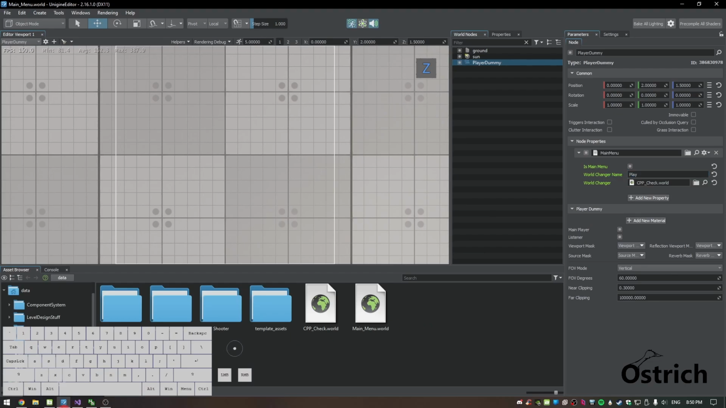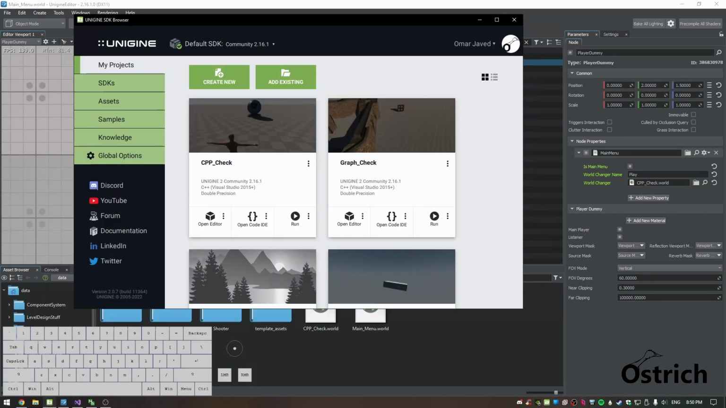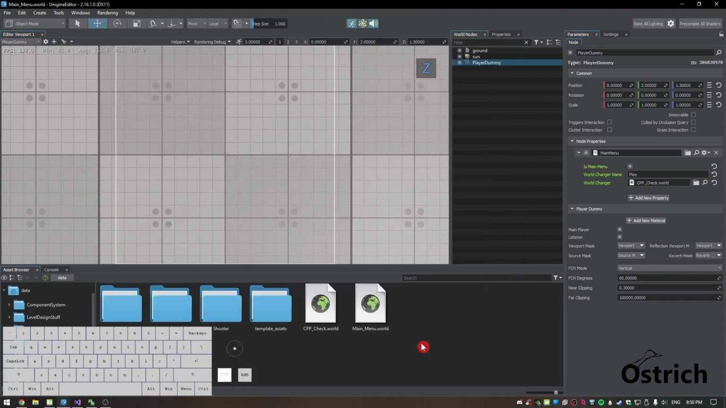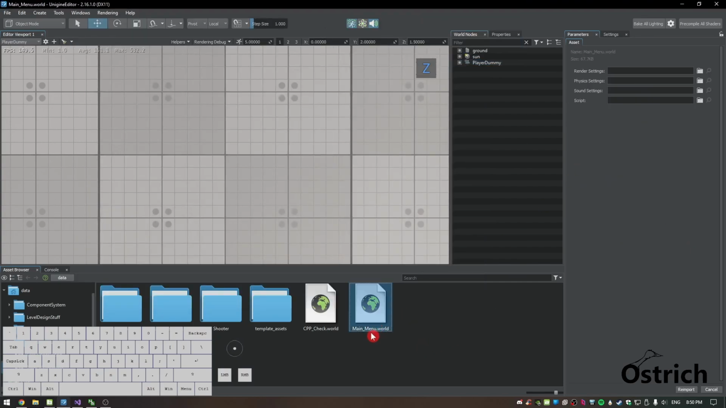Now here's one thing that you guys may notice: if you start at cpp_check, you'll notice that if we ever press run, it's going to start the world that we have it on. And how do we switch this? It's actually pretty simple, to be honest. Just change the name. So in my case, I'm going to change this one first, the cpp_check. I'm just going to give it